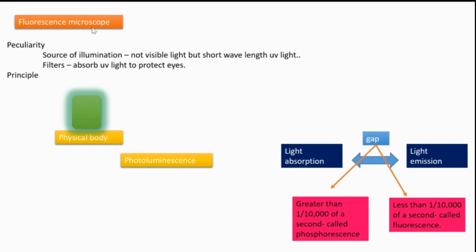In the case of our microscope, it functions on the basis of this fluorescence property. Just compare the duration of the gap between phosphorescence and fluorescence. Which one is faster? In phosphorescence, for emitting light after absorption, it takes so much time. But in the case of fluorescence, after absorbing a light beam, it takes only very little time to emit another form of light. So it is faster. Relying on this principle, the fluorescence microscope works. So we can go to the next slide.